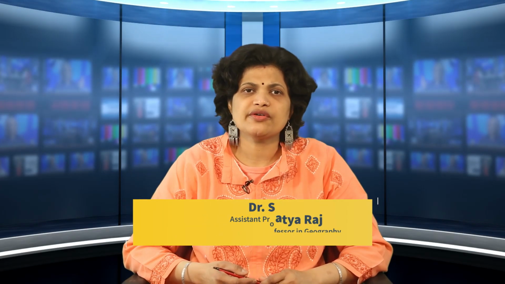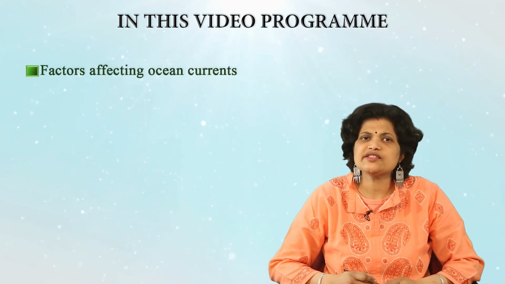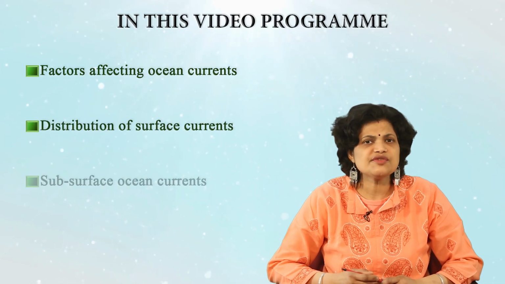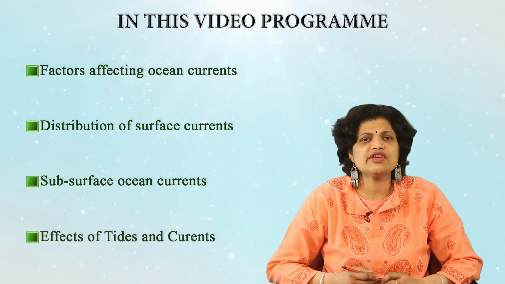In the previous video program, you studied ocean circulations in the form of tides, and you had a general introduction to different forms of oceanic circulations like waves, currents and tides. You learnt the details of different types of tides and also the factors related to the origin of tides. You studied different theories related to the origin of tides, and in this video program you will study about factors affecting the ocean currents, distribution of the surface ocean currents, subsurface ocean currents and also the effects of tides